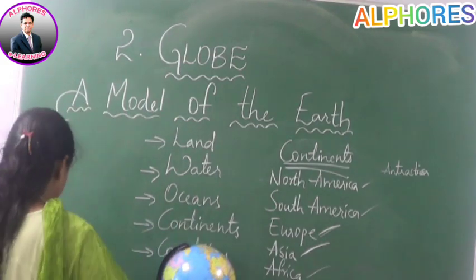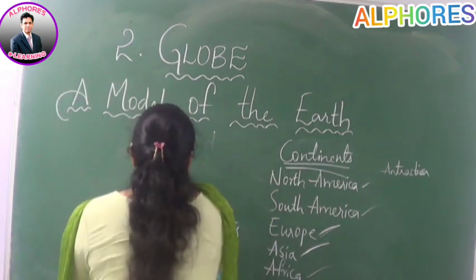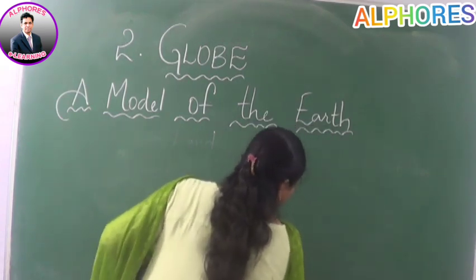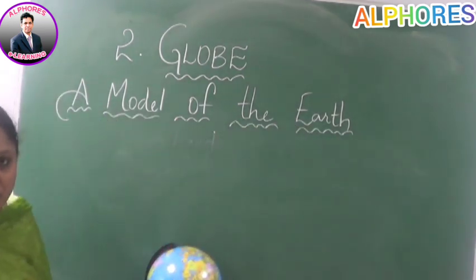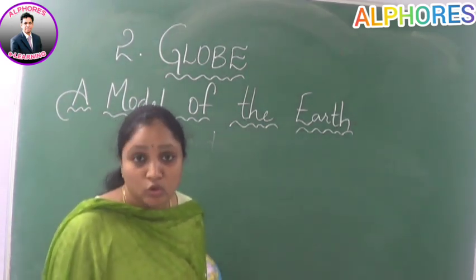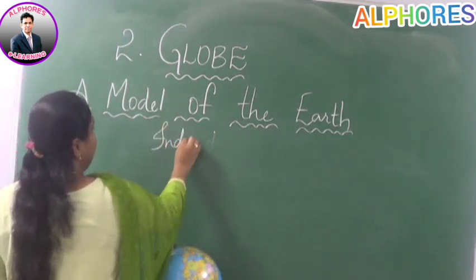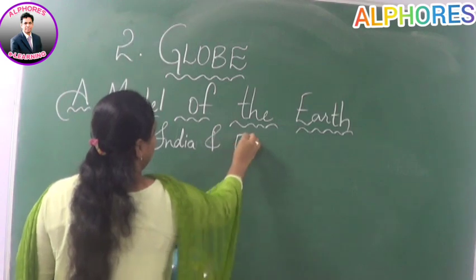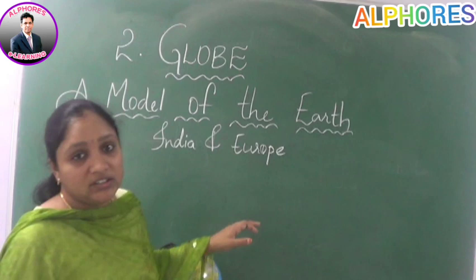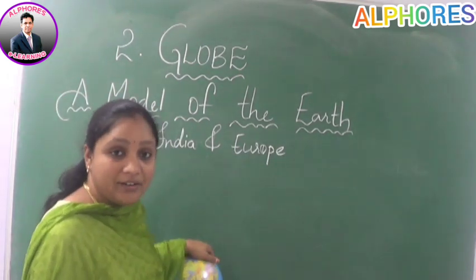Now next, let us discuss about, see here, how we are discussing that earth is in geoid shape, or earth is in sphere shape, or earth is in round shape. Actually, who are the people who told us? See, there are some scientists who are from India and Europe. The scientists from India and Europe, these scientists proved that the earth is in a round shape. Okay, the earth is in round shape.